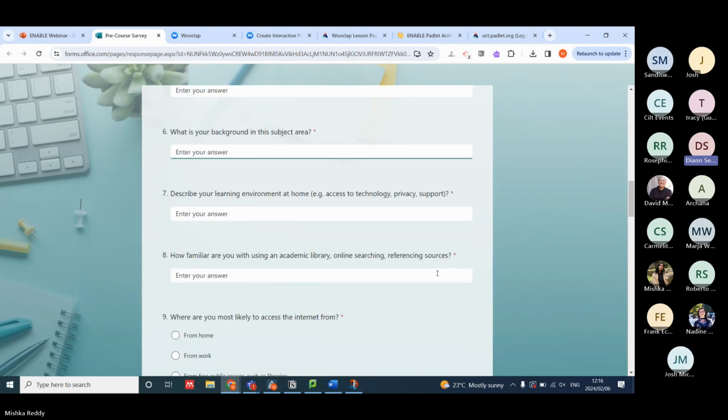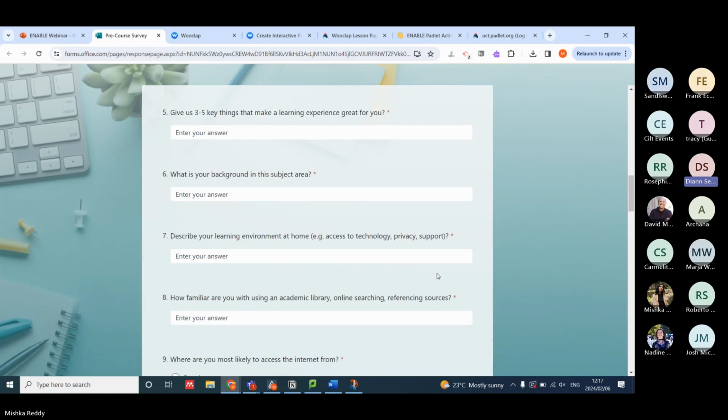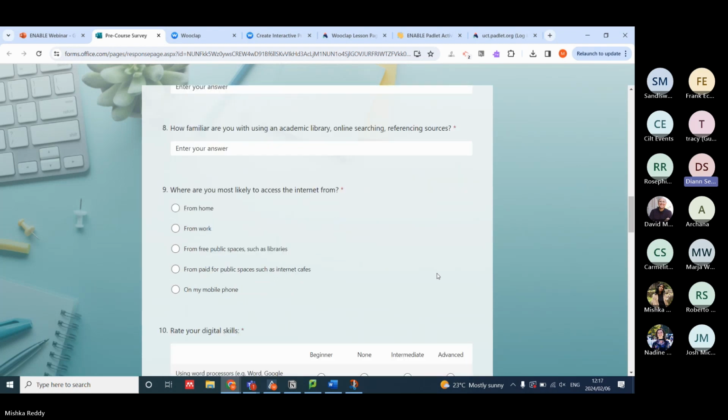So if you are teaching, for example, a social work course or a social development course, you can ask questions that directly relate to the content that you teach. So here you'll see it says, what is your background in the subject? These are things that you may want to know. Describe your learning environment at home. We do know that students are back on campus, but for those who aren't, and obviously we have to consider things like load shedding and all of that. So these are the kinds of things that you might want to figure out with your students, again, so that you can have a plan in mind to mitigate or to make it as painless as possible